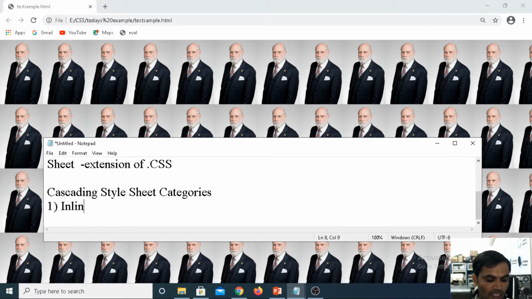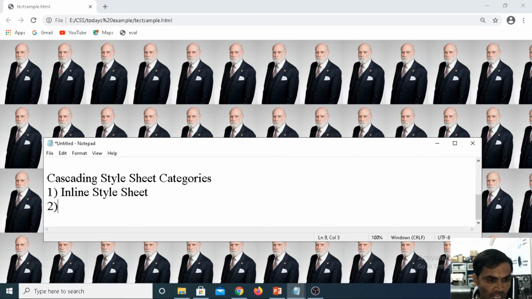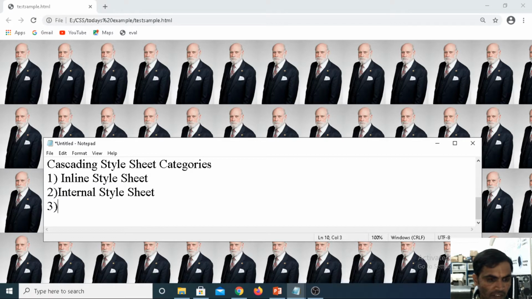According to your syllabus, we have 3 categories. We have the inline style, or inline style sheet. Then we have the internal style sheet. Then the third one is the external style sheet.